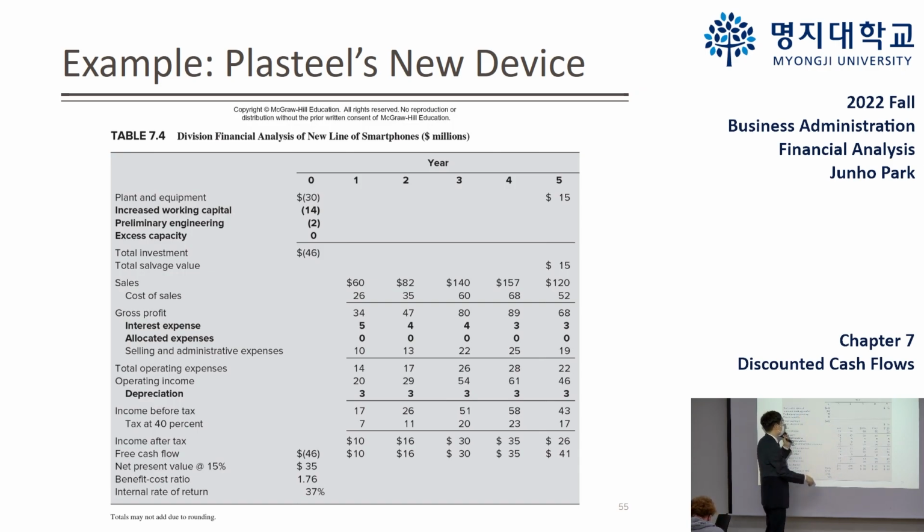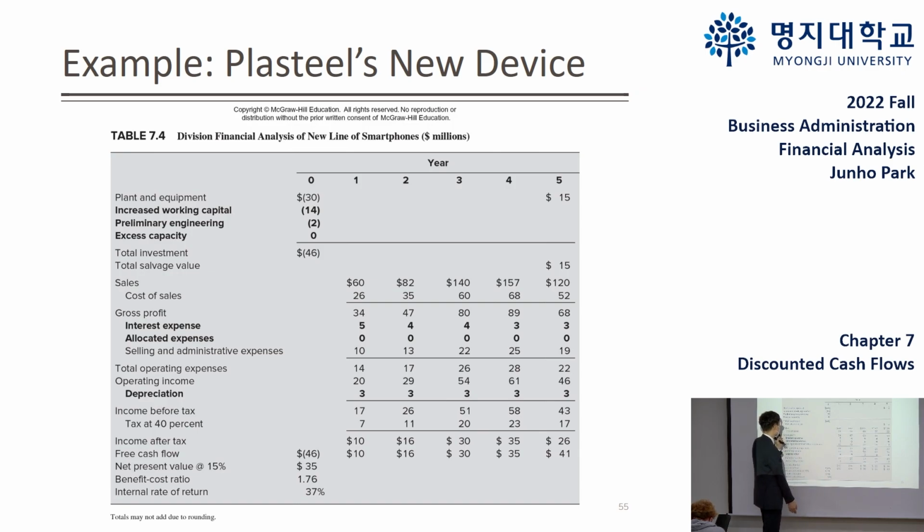And the fourth one is the excess capacity. Although we are investing $30 million for our producing facilities, this is not all. We are going to use some of the idle facilities that this company already has. At this moment, another division had prepared this facility, but they don't have any plan to use it. So we can just freely use it. That's why we have a zero value here. So we can use others' facilities for free. So we have zero, and it means the total investment by adding this all, we have $46 million spending today